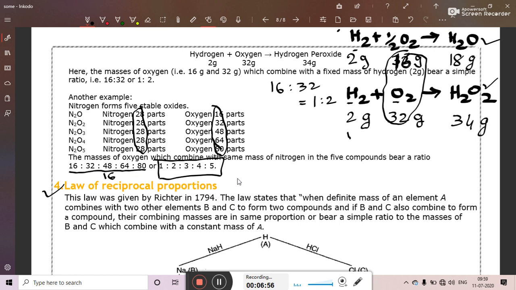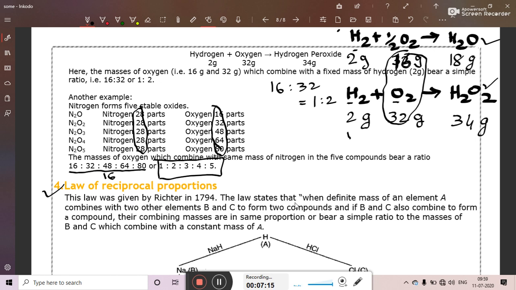So this is not in our textbook. Okay, we are discussing it for the competitive exams. So this law was given by Richter in 1794. The law states that when a definite mass of an element A combines with two other elements B and C to